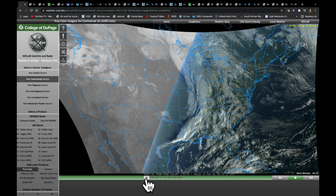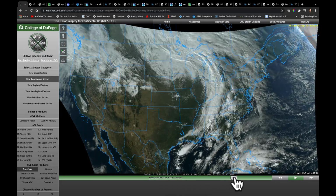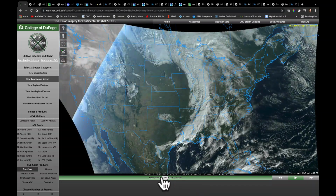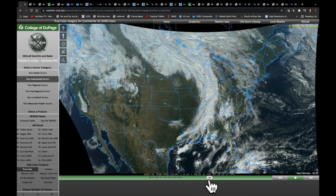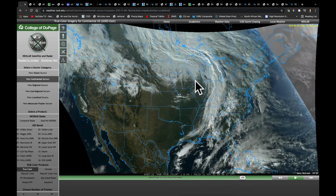Let's start off with some satellite imagery here. This is the day today on Thursday, and we can see the powerful cyclone that's kind of wrapping up into parts of the upper Midwest right over Lake Superior. For those in the Corn Belt, this fast-moving front that came through today did bring some rainfall. For example, right around my house, I picked up about 0.4 of an inch as it came through. The good news about the speed of that front is it didn't really have a lot of time to put down a lot of very heavy rainfall to really prohibit a lot of field activity